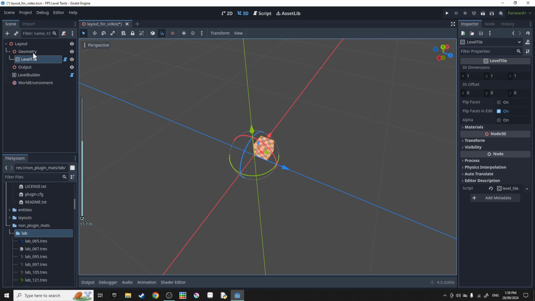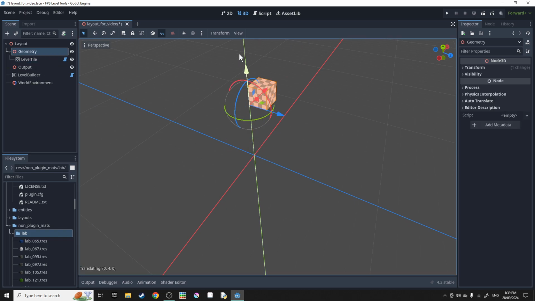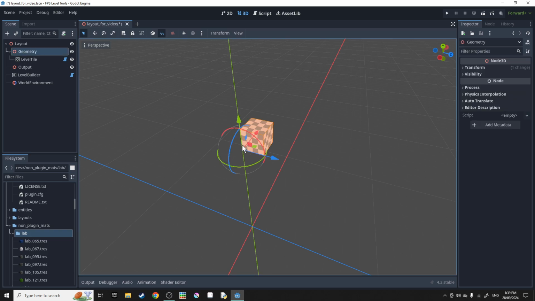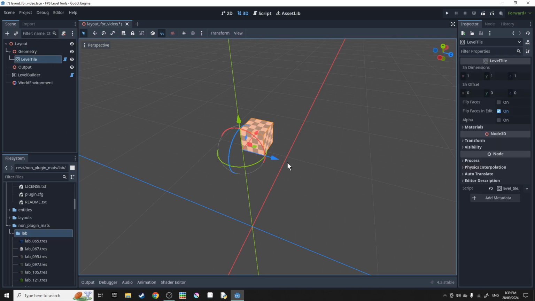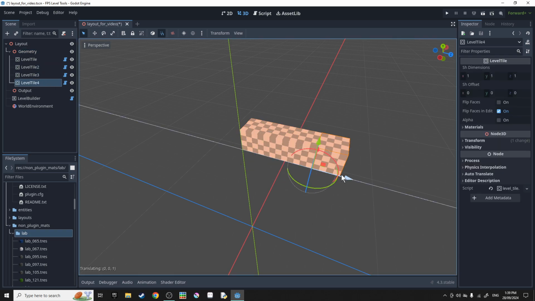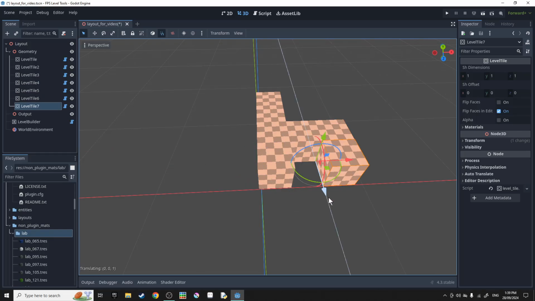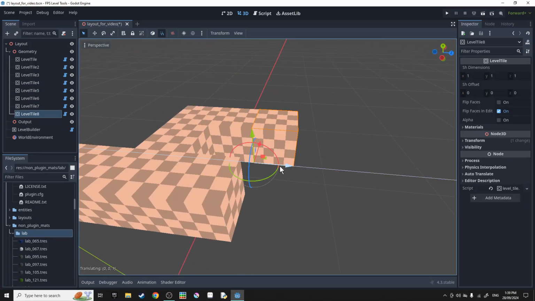Now for readability, we want to get our geometry and probably pull it up. We want to move it up because the offset gets removed, so it'll just build the geometry down the bottom. And we can just create a quick little test scene out of these LevelTile nodes. Just you can duplicate with Control D,